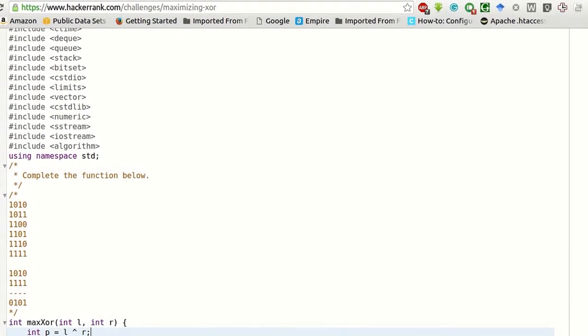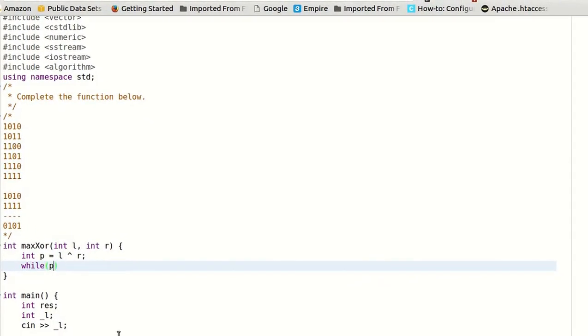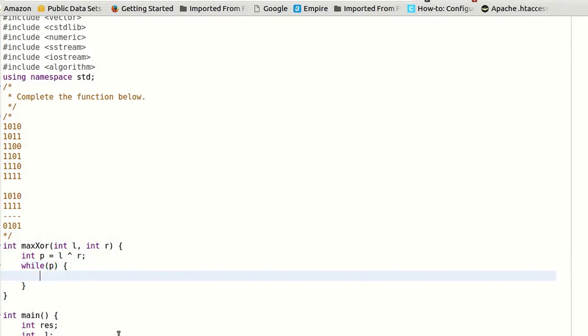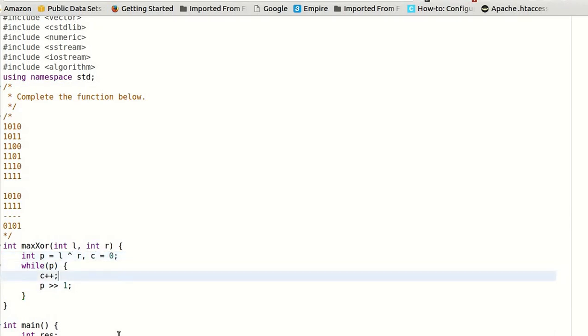So while P is not equal to 0, we'll simply do C++ and right shift P by 1, and initialize C equal to 0. C is the count of the maximum number of bits.